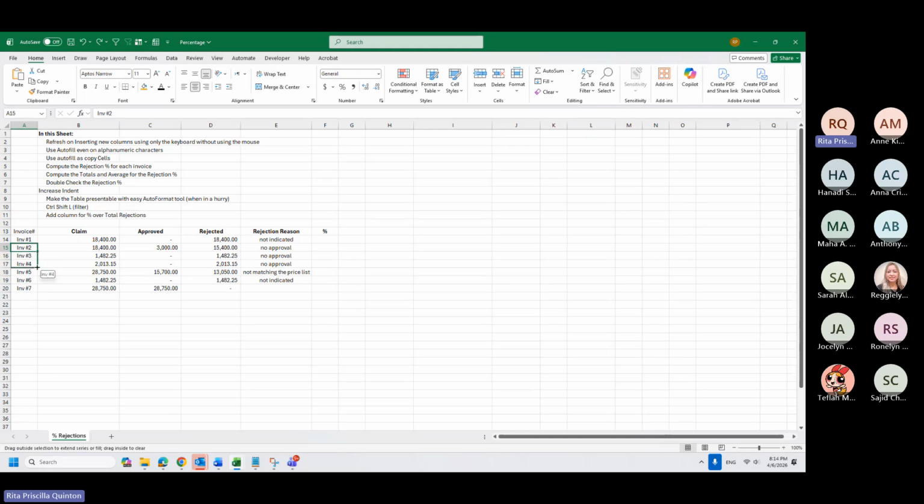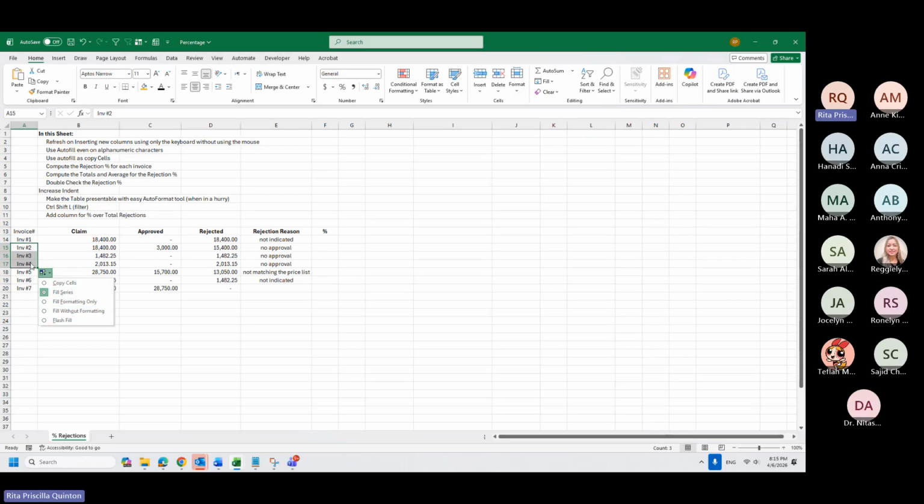So if you want to do it invoice number 2, it's not showing. So what we will do, same autofill, but if you see this cross after dragging down your mouse, you will select this copy cells. We have other options as well. Fill formatting means the series will not be filled, but only the formatting. It will copy the formatting.